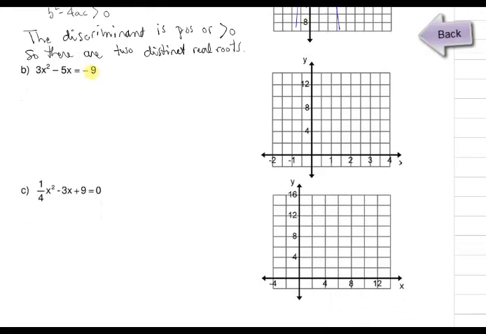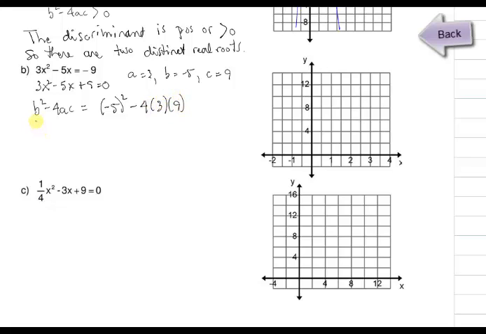We first need to write this in the form of ax squared plus bx plus c equals 0. So that means I have to move my negative 9 over to the left, and it becomes positive. I can see that a is 3, b is negative 5, and c is 9. I'm going to plug that into my discriminant, b squared minus 4ac, and so I'm going to get negative 5 squared minus 4 times 3 times 9,